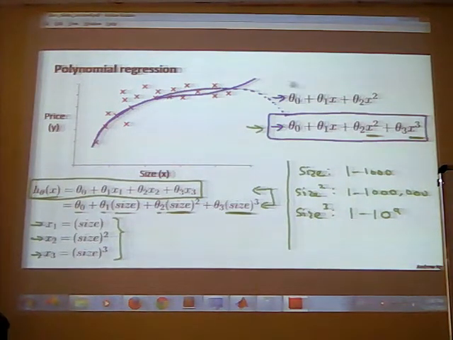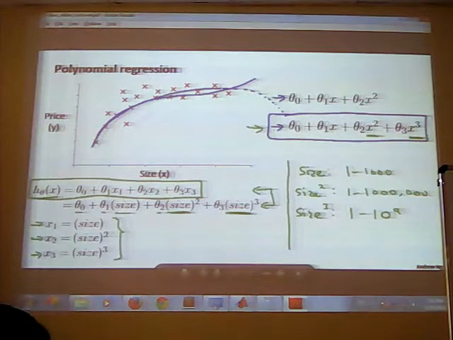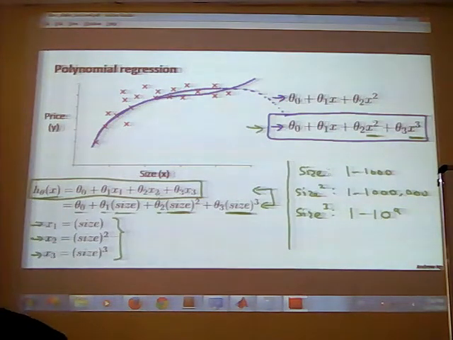So we have reduced the features to size. We have this data set and we have to fit a model to this data. Suppose we use the hypothesis theta 0 plus theta 1 x1 plus theta 2 x2 and so on, this is the linear model, linear regression. If you fit a linear model to this, then as you can see, the linear model won't fit well on this data set. Is it clear that the linear model is not going to fit better on this data set?